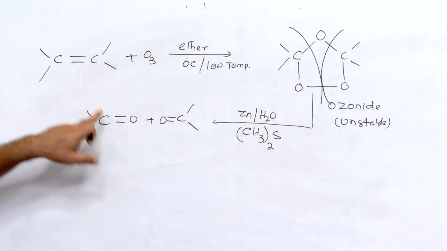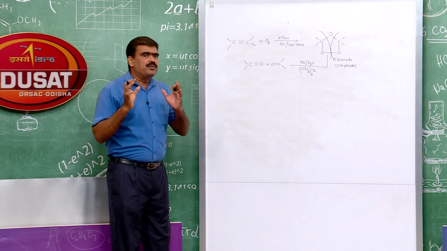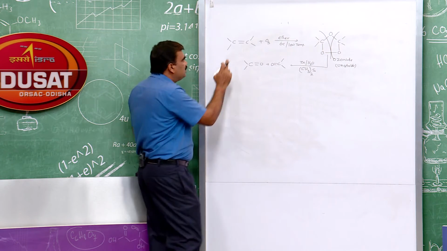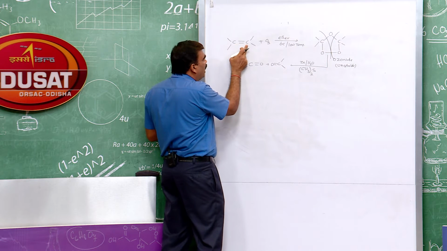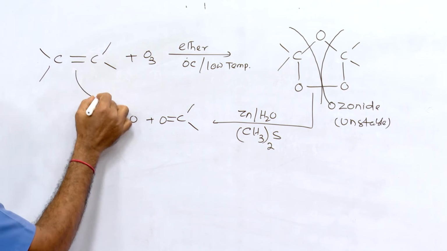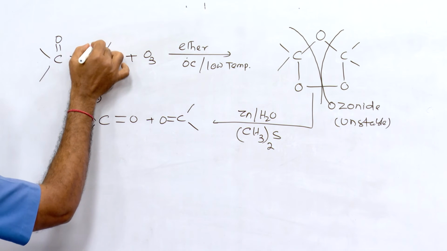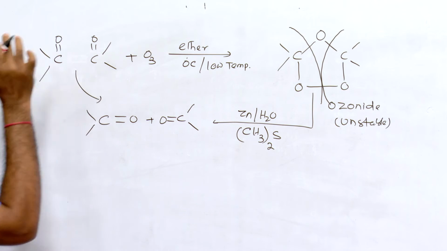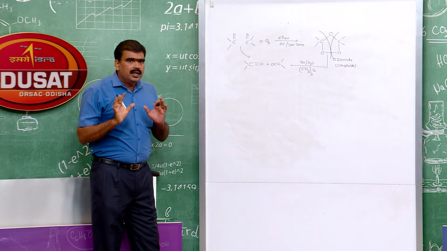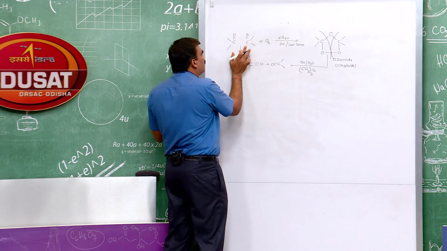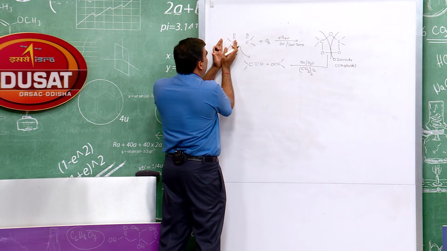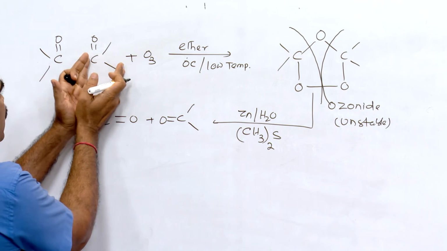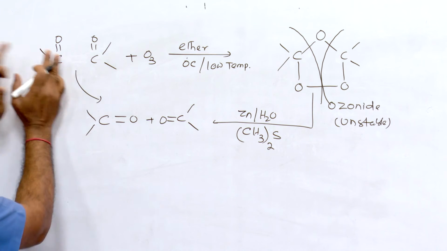You look into the reactant and product, what you observe? जिस कार्बन के बीच में डबल बॉन्ड था वो कार्बन आखिर क्या हो गया? यहाँ पे डबल बॉन्ड आ गया, यहाँ पे डबल बॉन्ड आ गया, ये टूट गया, राइट? ये रहा प्रोडक्ट।